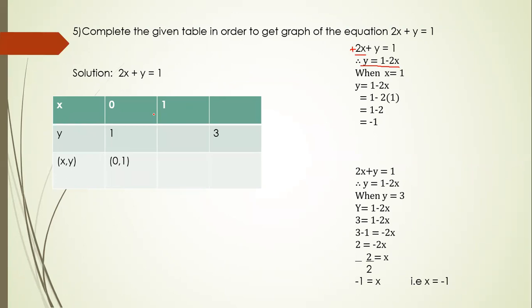Now, here the value of x is given as 1. So we will write when x is equal to 1, what will be the value for y? That now we are going to find. So y is equal to 1 minus 2x. This we have copied from here only. And in the next step, 1 we will write as it is. Minus also we will write as it is. 2 also we will write as it is. Now, in place of x, we are going to write the value of x.